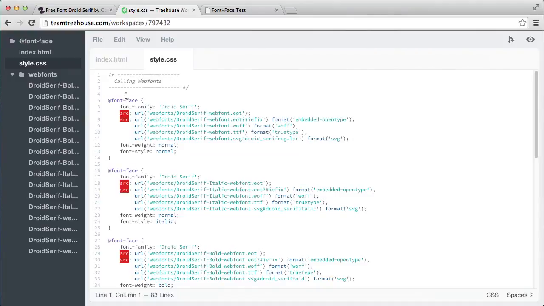To expedite the process, I've set up an example workspace on Treehouse that you can launch and check out. I've already placed all those web font files in one folder for our web fonts folder. Now we can call them using the @font-face method in CSS. The CSS is based on the example CSS from the original folder that we got from FontSquirrel, so let's look